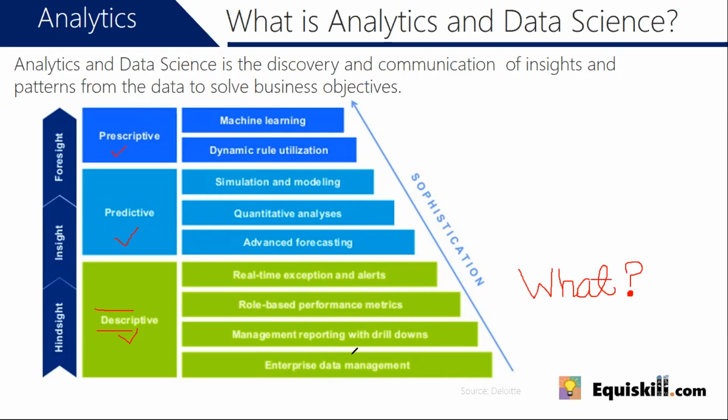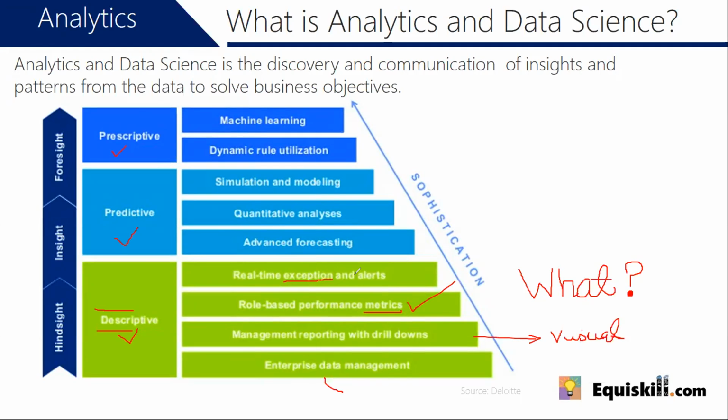You have a database, and you see that over here. You have an enterprise database management system. Out of the database, you get a lot of different kinds of reports. Now, the reports can also be visualized. So you could have reports that are text reports, but more likely these days you have visual reports. You might also have a lot of metrics talking about profitability. For example, sales is going up or sales is going down. Profit after tax might be going up or it might be going down. Shipping cost may be going up or down. So you've got metrics that measure how your business is doing. And then you also have real-time exceptions and alerts.